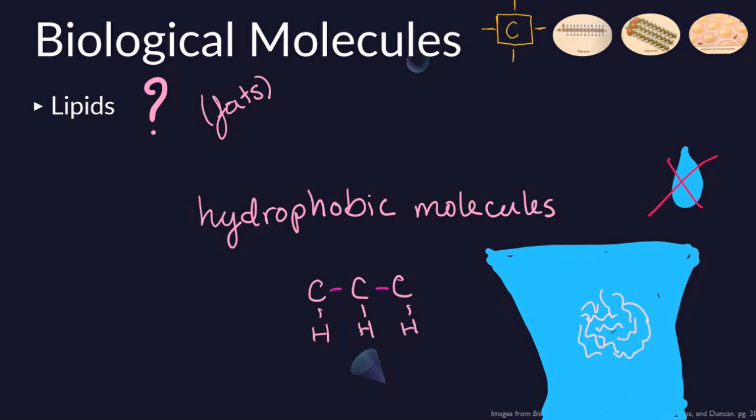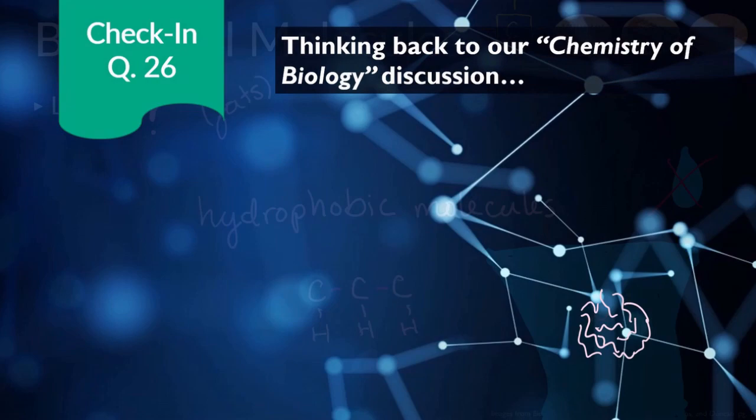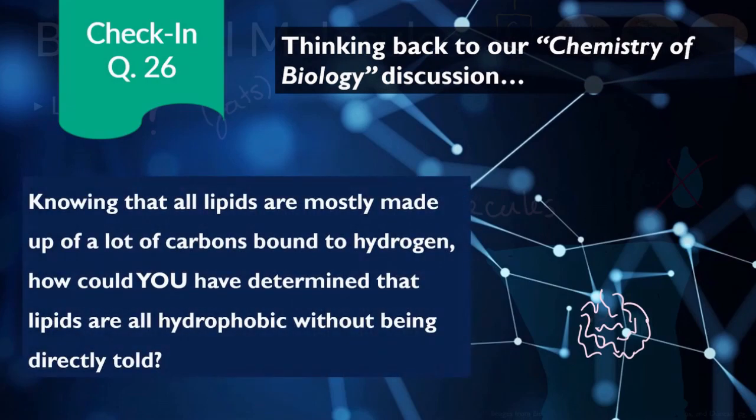of all lipids. Now, I am cautious to say mostly hydrophobic here, because as we will go over shortly, not all lipids are 100% hydrophobic. But they do still all spontaneously aggregate or clump together when they are placed in water. That is key. Now, thinking back to our chemistry of biology discussion, and knowing that lipids are mostly made of a lot of carbons bound to hydrogens, how could you have determined that lipids are all or mostly hydrophobic without